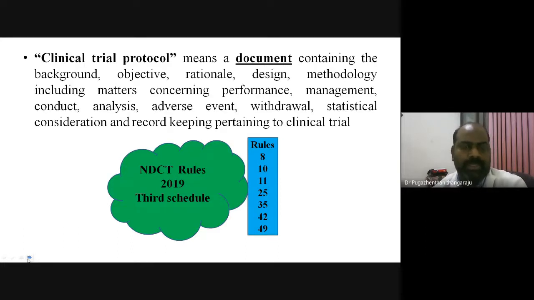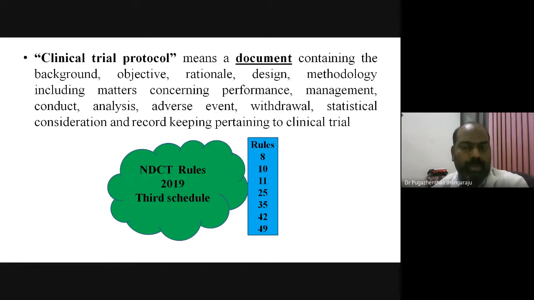It is a document containing the background, objective, the rationale of the study, the study design, and the methodology, like how you will be doing the study and how you will be handling the drugs or the management conduct. After collecting the data, how will you analyze it? And if during the research there is any adverse event, meaning any sort of injury, side effect, or severe adverse reaction, how are you going to capture the data,